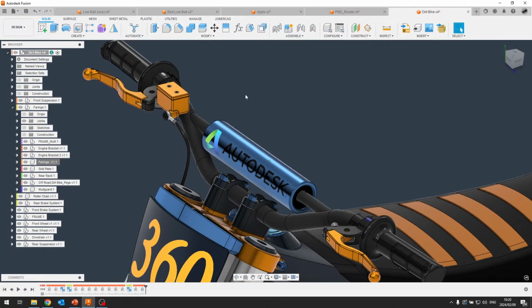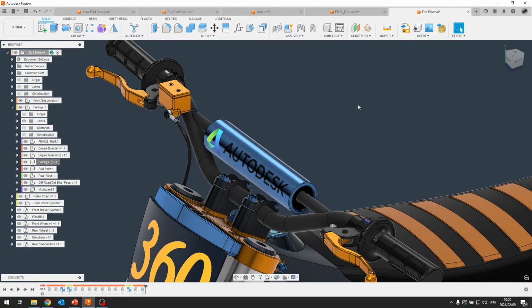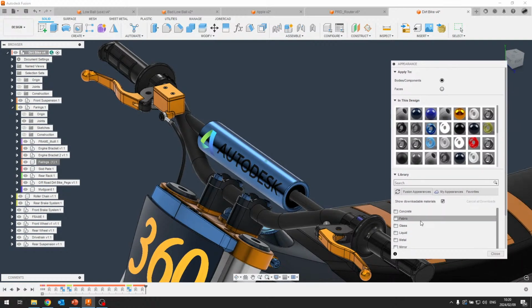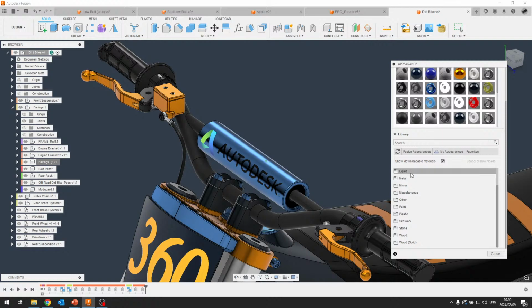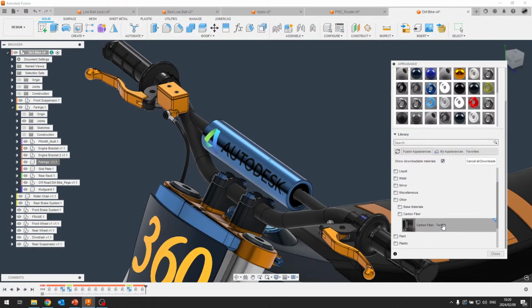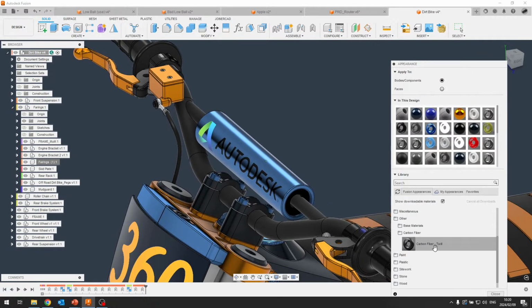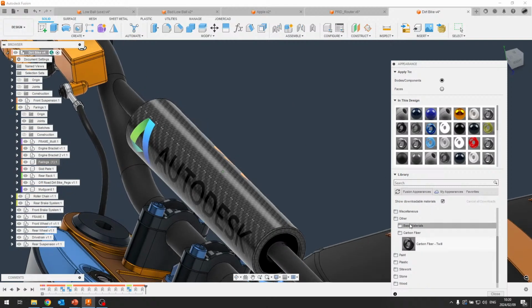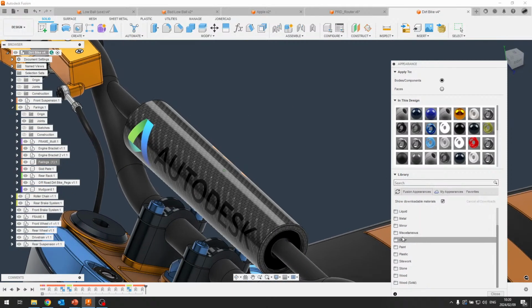We can then, if we needed to, go to the appearance library, I'm just pushing A for the shortcut for that, and we would then get various appearances. Once again, we've got the library at the bottom that we can go through. So here we can go to Other, there's the carbon fiber there, and we have a carbon fiber material. So maybe this cushion here, I want to give it a carbon fiber look. We can drag and drop that carbon fiber look over that material. Now for each of these appearances,